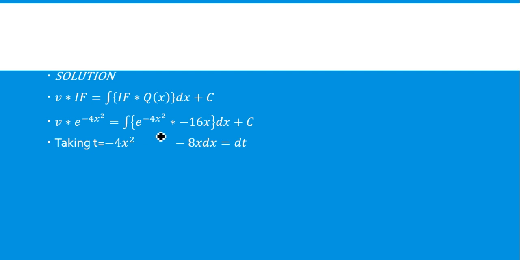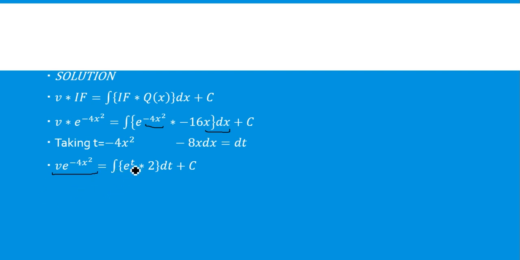Now we solve here. How to solve? If we have a look at it, it is minus 4x square. Now we have to solve the integration here, so we use all the fundamentals which we have done in class 12. So minus 4x square, if we take this as t, and after differentiating it, we get minus 8x dx, so we get x dx here. So we take t as minus 4x to the power 2. The e to the power on the left hand side remains the same because we don't have to perform any operation on it.